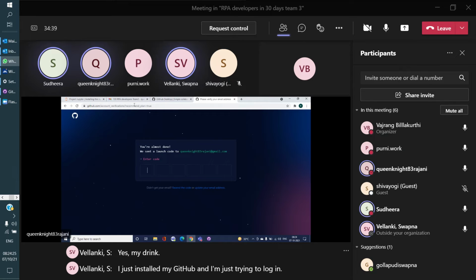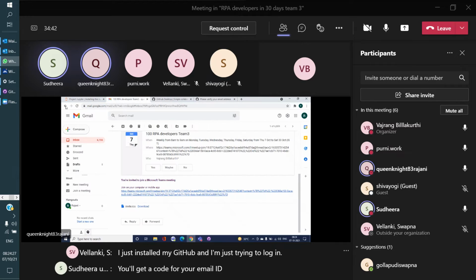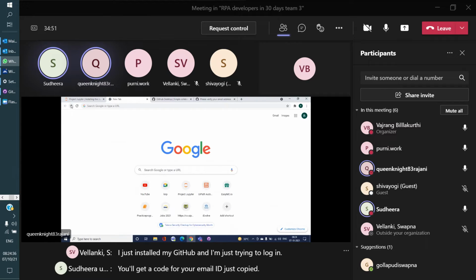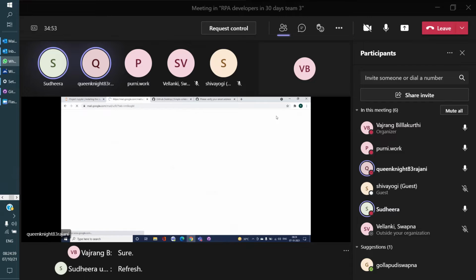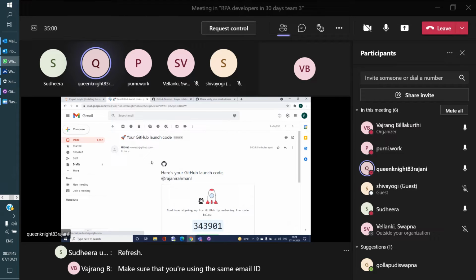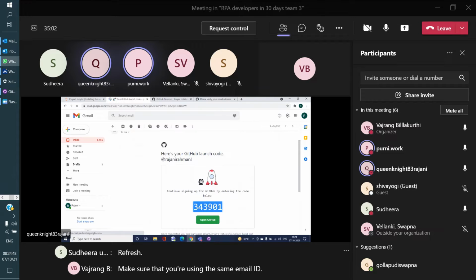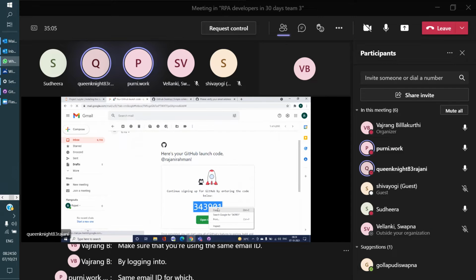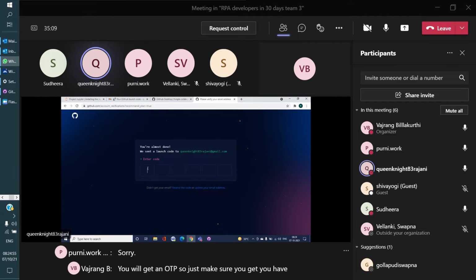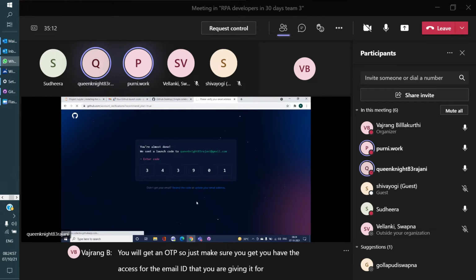You'll get a code for your email ID. Just copy it. Make sure you are using the same email ID while logging in. You'll get an OTP, so make sure you have access to the email ID that you are giving for GitHub.